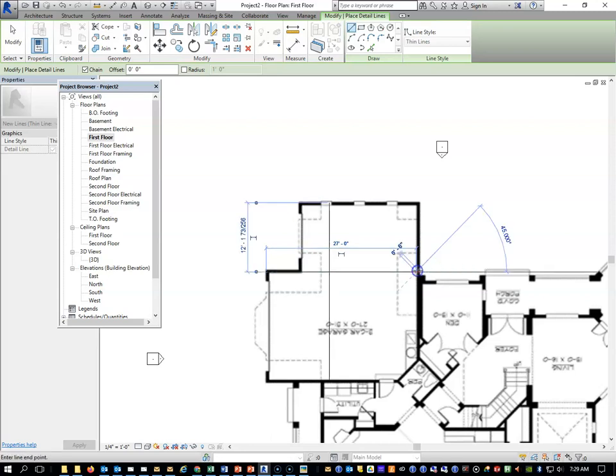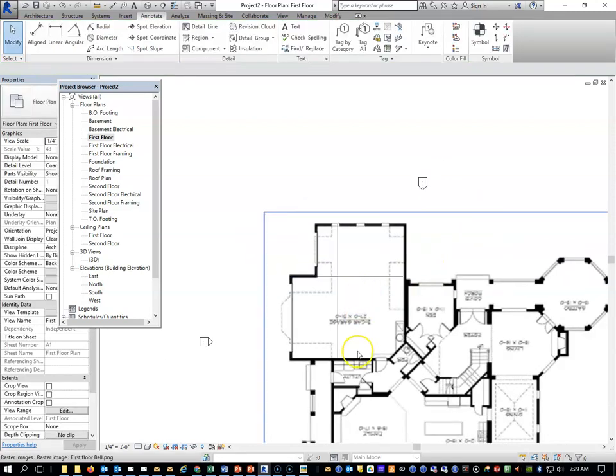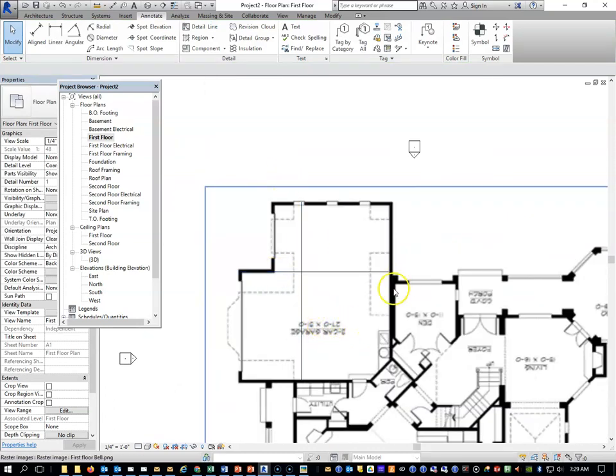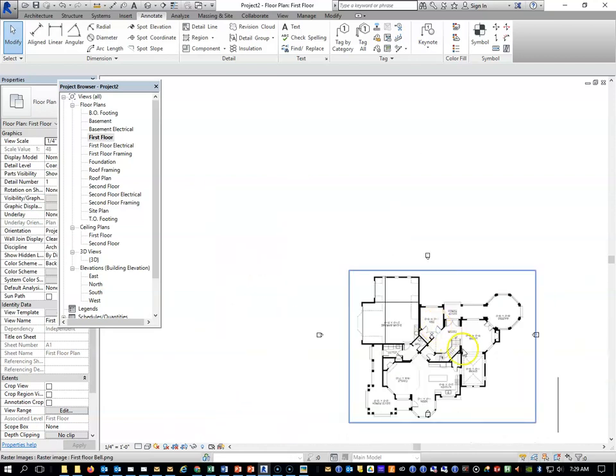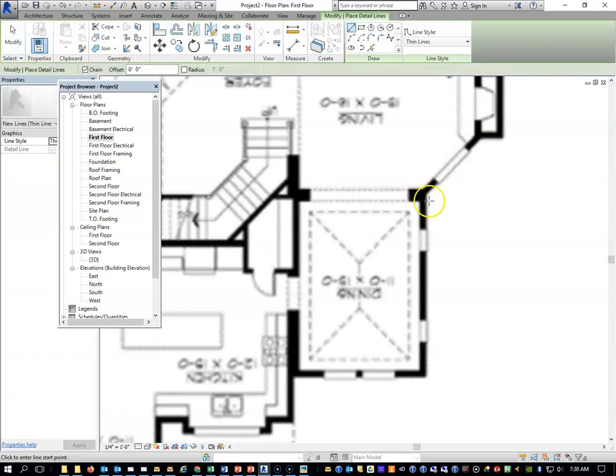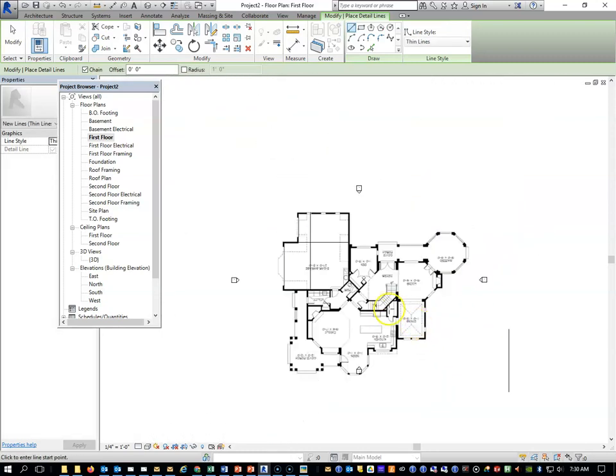Now we've got it straight. So this was a 31. I couldn't read it, so it's 27 this way, 31 this way, 31 this way, 27 this way. Let's see if that just holds true for this dining room. So this dining room should come in at about 15, and let's see if that's also true. Yeah, we're pretty close. It looks like we're scaled up just a tiny bit. So I'm going to bump it down a little bit,